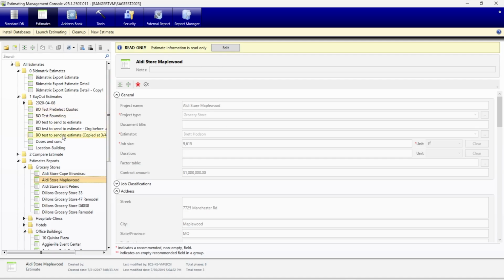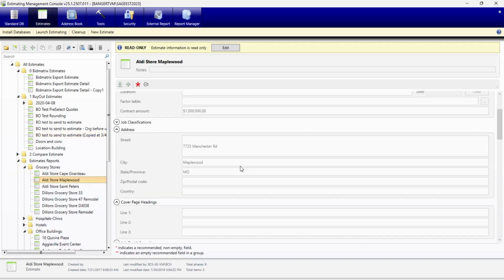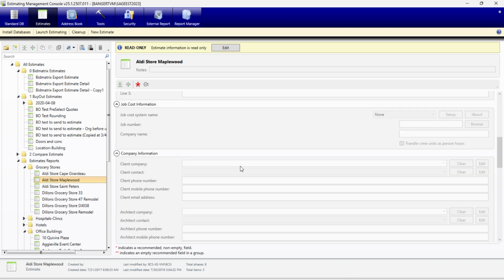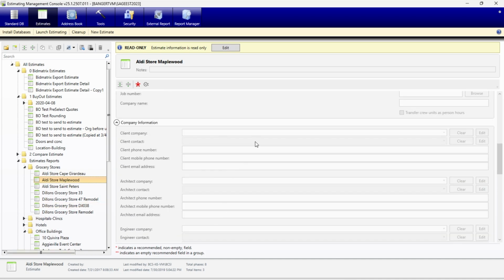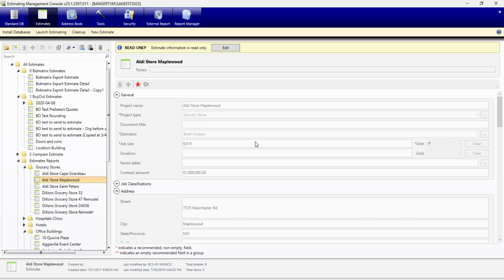So that's really the only legwork I've done in these particular estimates, was kind of going through and putting that project classification on there for what type of project it was. But that's also where you could do, like I said, estimator and what owners and all sorts of different things that you could then filter by when you look at your reports.